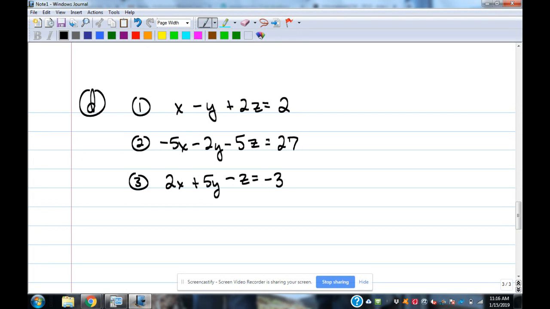Looking for things that would be easy to eliminate or maybe already have opposites. Doesn't look like we have that on any of these. So we really get to choose whatever variable we want to get rid of. I'm looking at either the x or the y, because z would also be fairly easy to do, because they all have a 1 in front of them in one of the equations there. So that makes it easy to do elimination with. Let's eliminate y's this time instead of x, just to change it up a little bit. So if I took number 1 and number 3 together first,